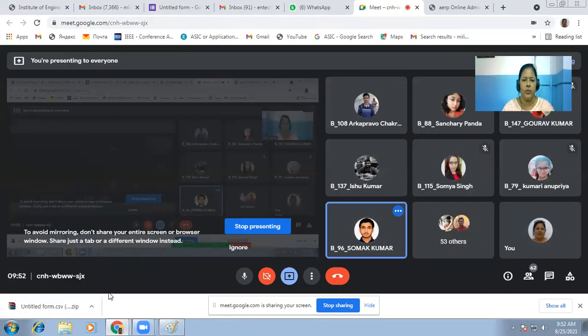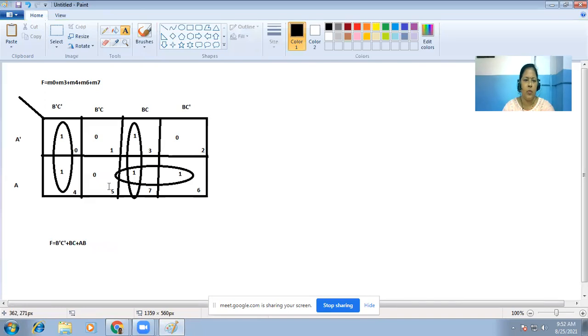4 and 6. Yes. But for this one, there are two options. We can make a loop like this, or we can make it considering 4 and 6.